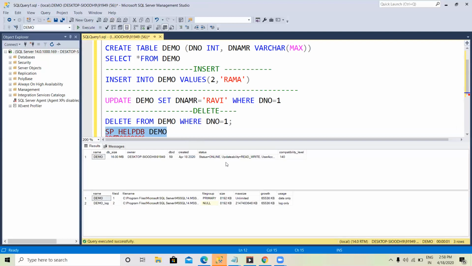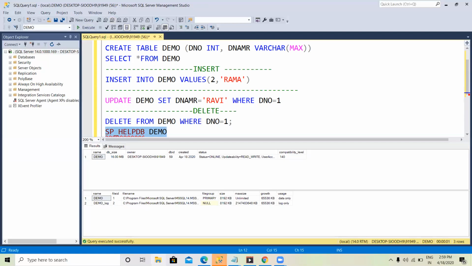Okay, see, I have executed the command successfully. The total information regarding my table will be displayed here.